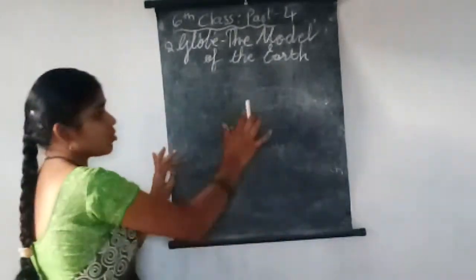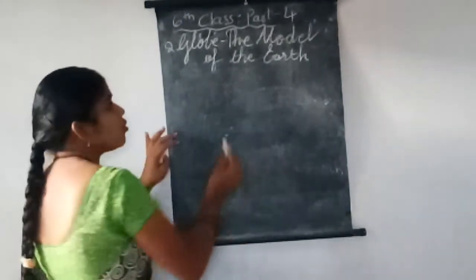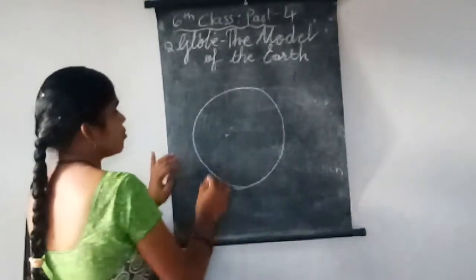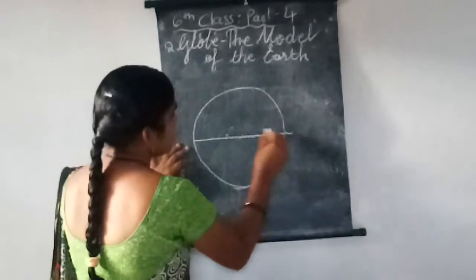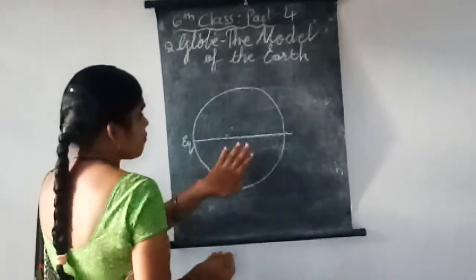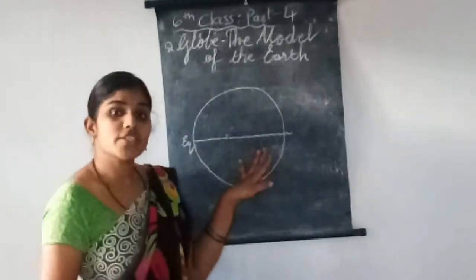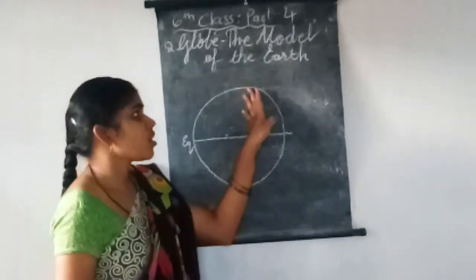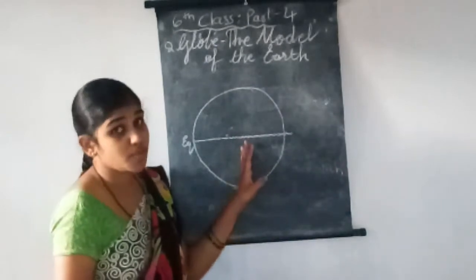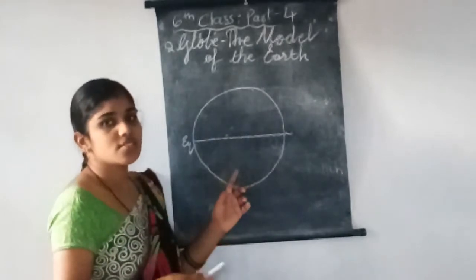So this is about the longitudes. Now we have completed latitudes and longitudes also. So now we will identify the globe according to the longitudes and latitudes. So this is the equator. First of all, children, we have to know what are the continents which are present in the northern hemisphere and what are the continents present in the southern hemisphere, along with oceans also, and on which continents the equator is